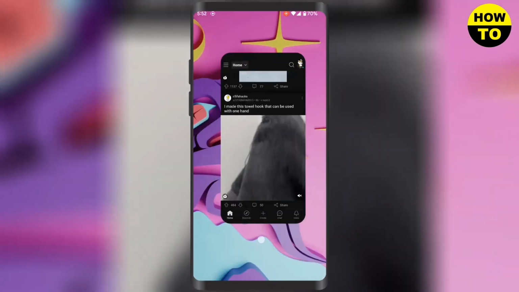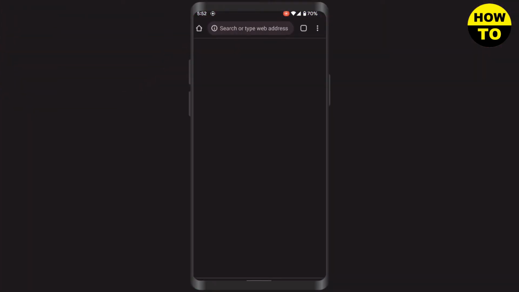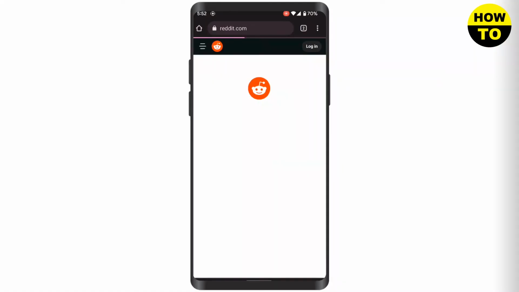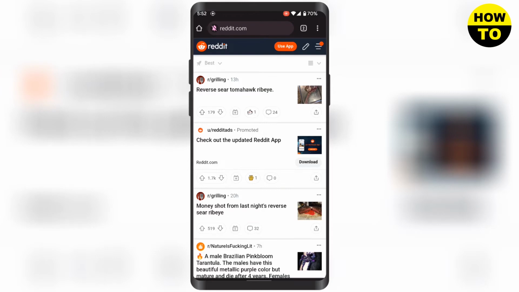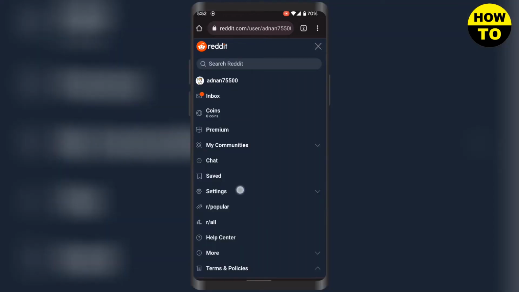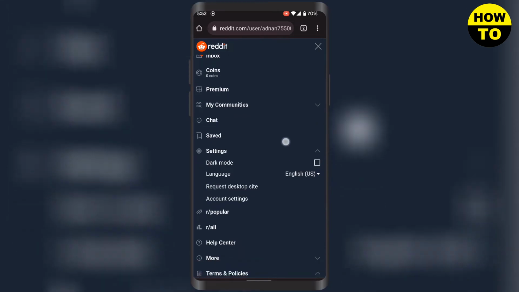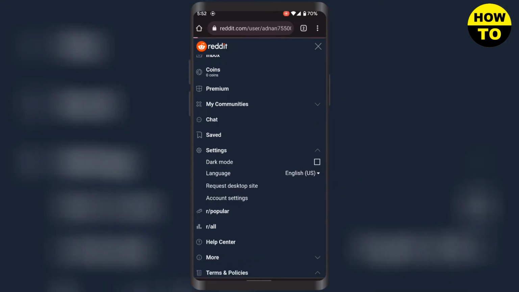For that you need to open up your browser and then go to reddit.com and then log into your account, and then here you need to click on the three lines and then click on settings. From here you need to click on account settings,